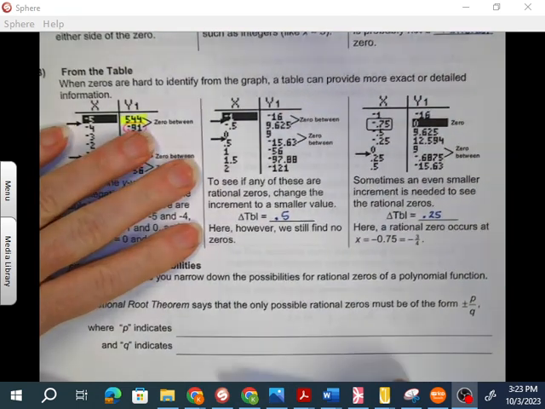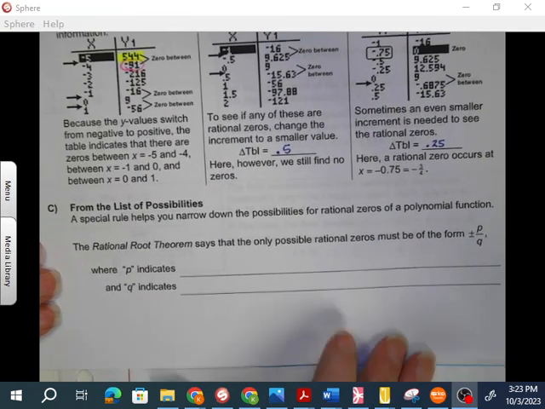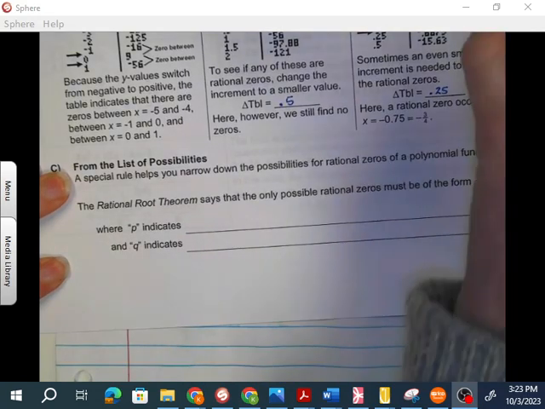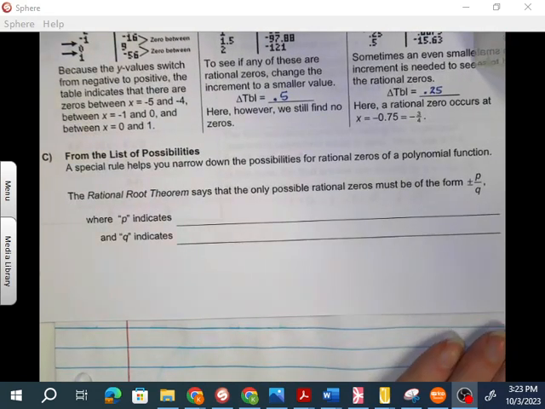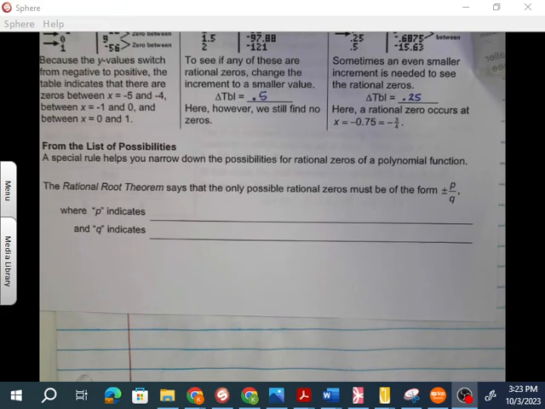All right, so problem is that may not be all of them. So down here it says from the list of possibilities. So you guys are fortunate that you get to use a graphing calculator. I will allow you to use a graphing calculator, and often I will tell you what one of the zeros are because I don't want to spend all day with you looking for zeros. However,